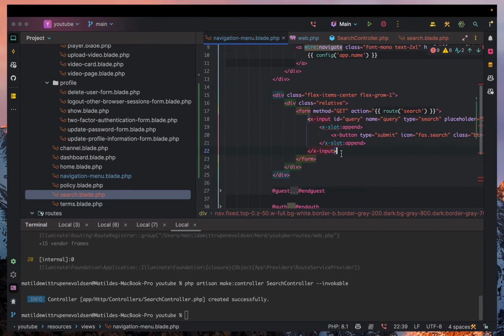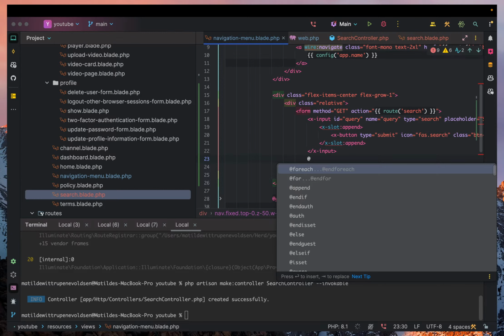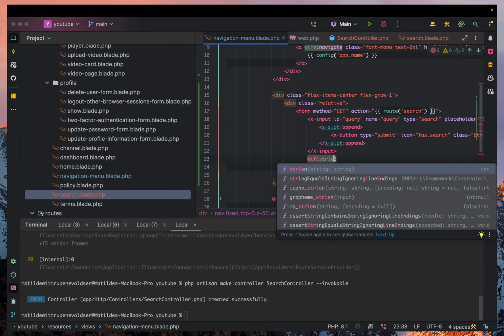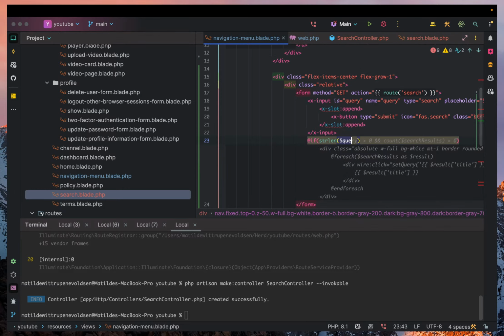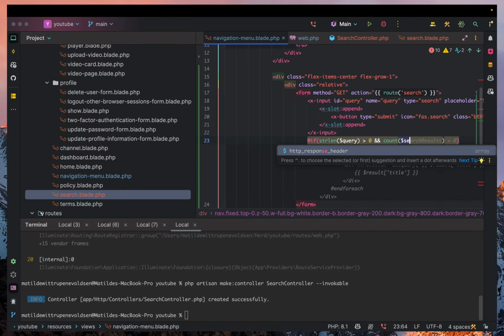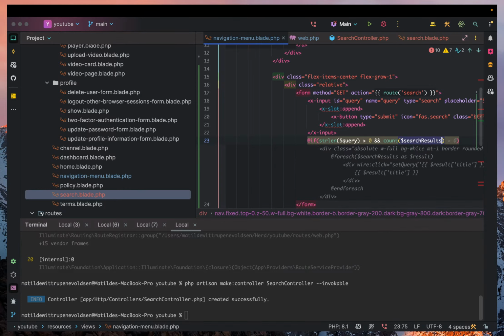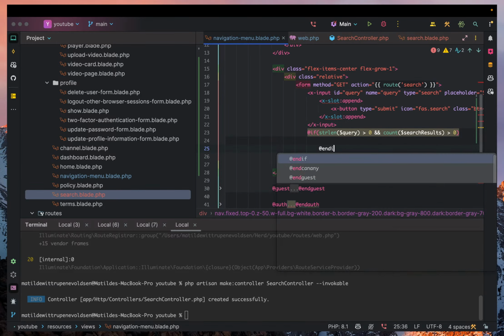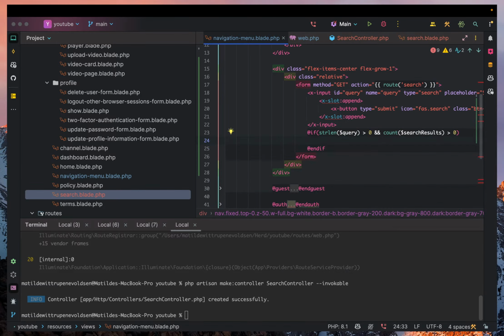So below the input, I want to say if str length and query is greater than 0 and count search results is greater than 0, then we will end the if condition, and